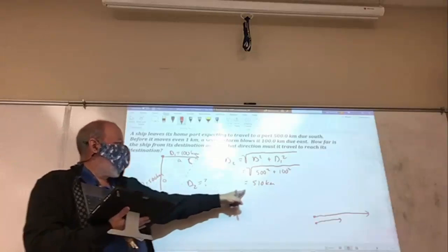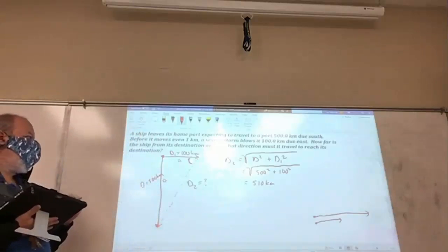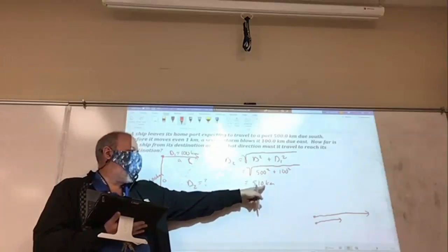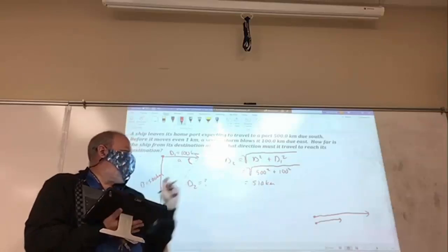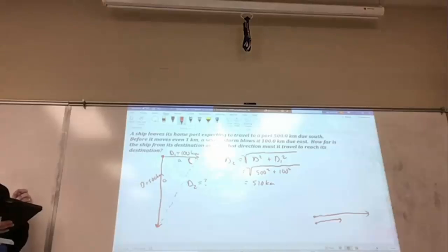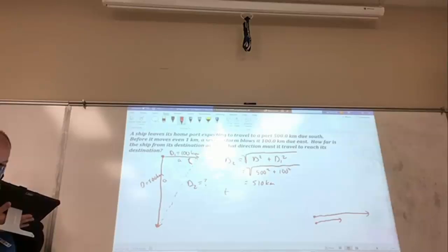And you could ask, well, why don't I use this as the hypotenuse and use either the sine or the cosine? Generally, we don't want to use calculated values. This is a calculated value. We figured it out. It's actually 509.9 something, and we rounded it to this number, so we don't really want to use that number. We usually want to use given numbers when we can. But I know that I've got the opposite and the adjacent side, so I can say tangent of theta equals opposite over adjacent. Then I can say theta equals tangent inverse of opposite over adjacent, which equals